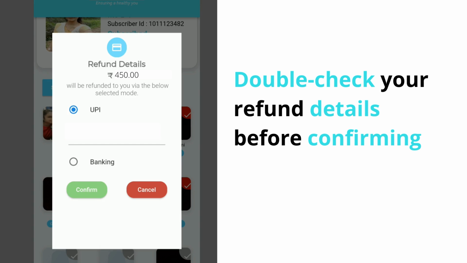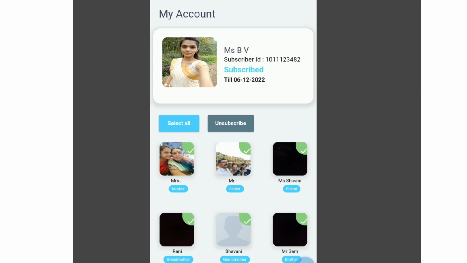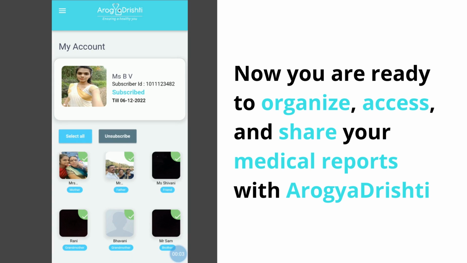Please make sure that you're entering the right details and always double check before you confirm. And once you're filled in, you can go ahead and confirm. Once you have confirmed for your unsubscription, you will get a refund within 3 to 5 working days. Now you know how to subscribe and unsubscribe as well.